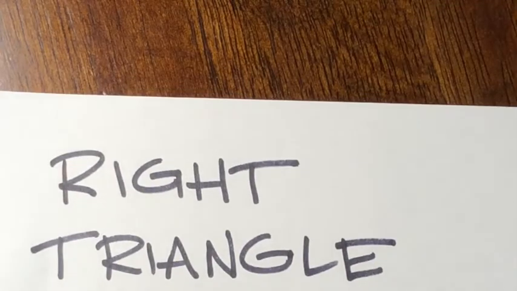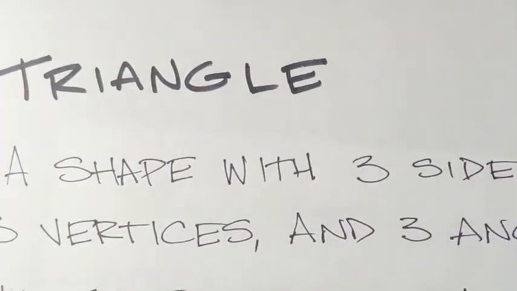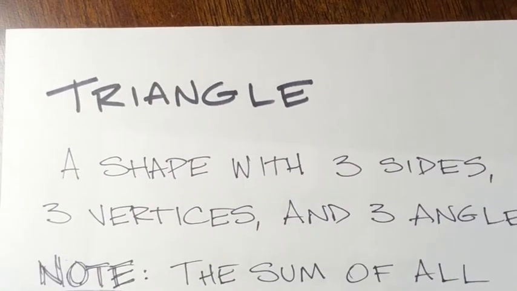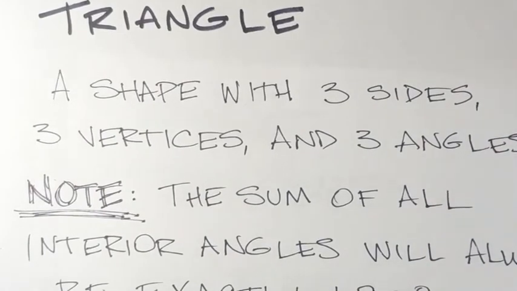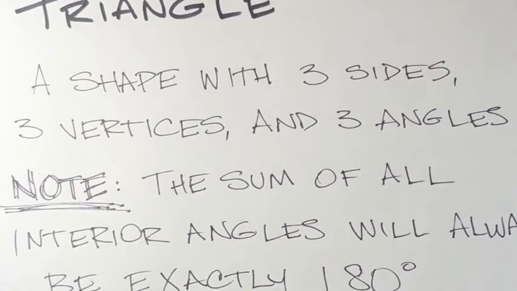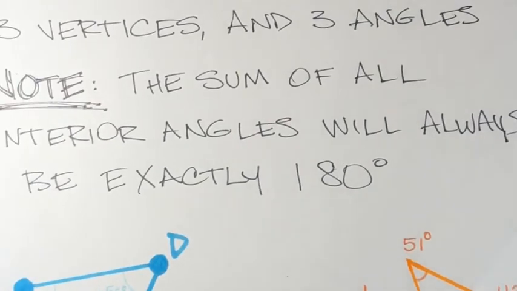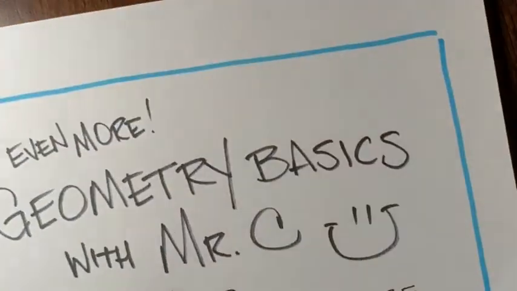And then you'll remember that the focus of the lesson today was triangles. They're a three-sided shape with 3 vertices, 3 angles, and the inside will always add up to 180. So you will have a short review lesson to do